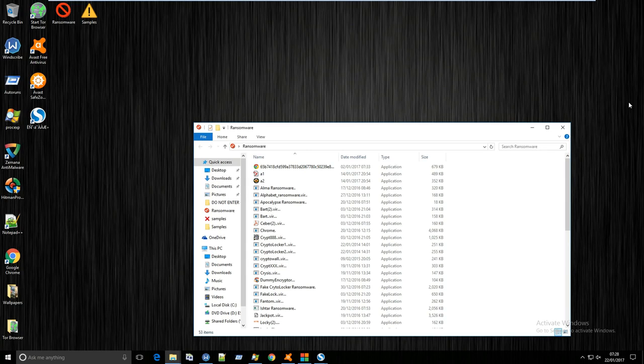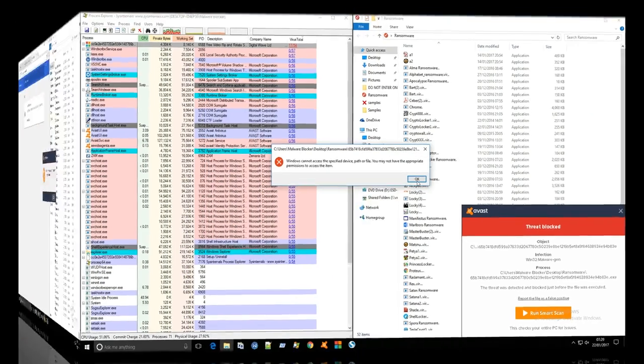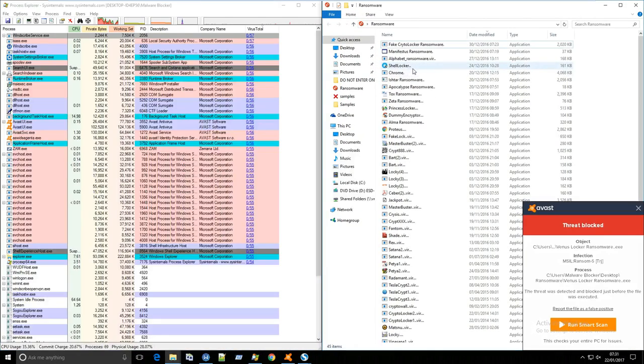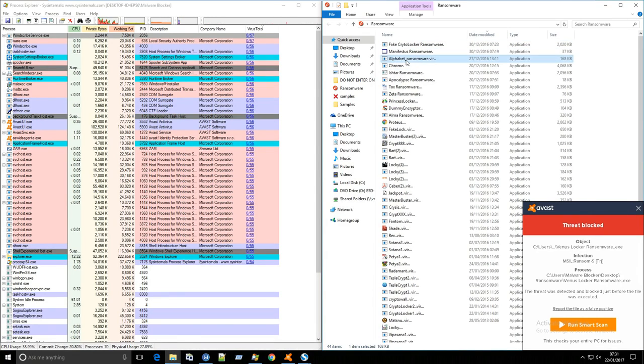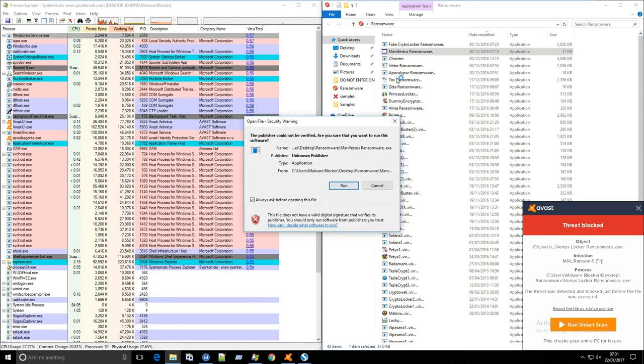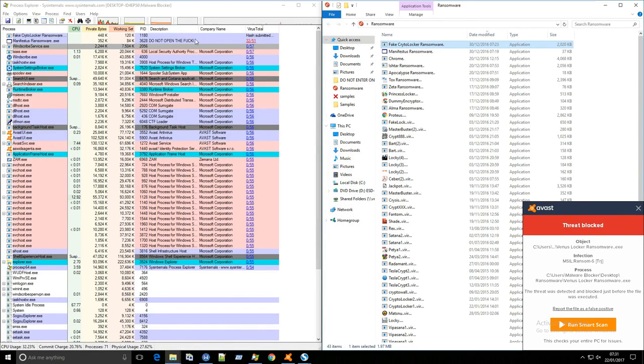But it's stopped everything apart from the PUPs, which is, by the look of things, pretty good. But of course, to back that up, I'm going to take a look at some ransomware threats in 1 second. Looking at some ransomware, you can see that the threats are basically just getting blocked over and over again. So I'm just going to let this run out, but effectively we are just going to execute a few. I mean, we're not going to execute all the ones in the folder because, let's be honest,